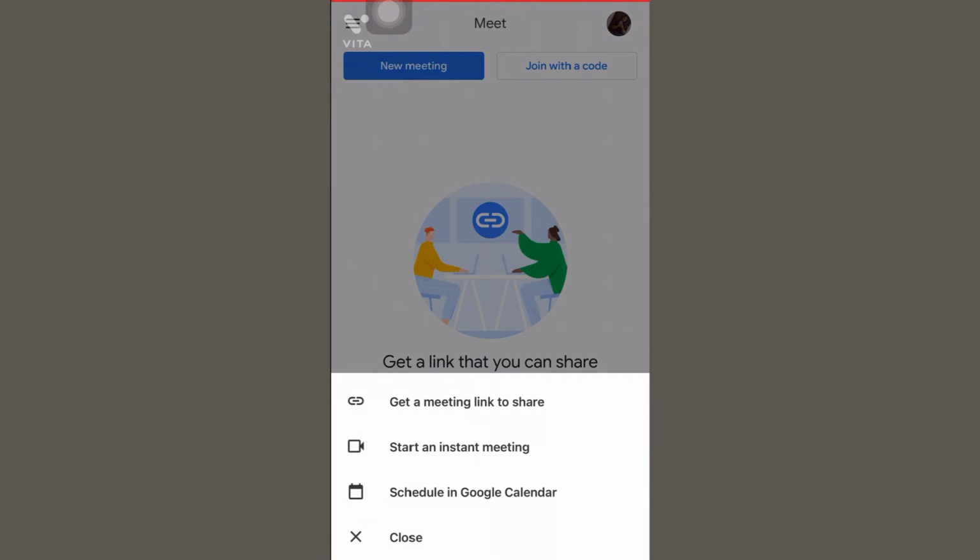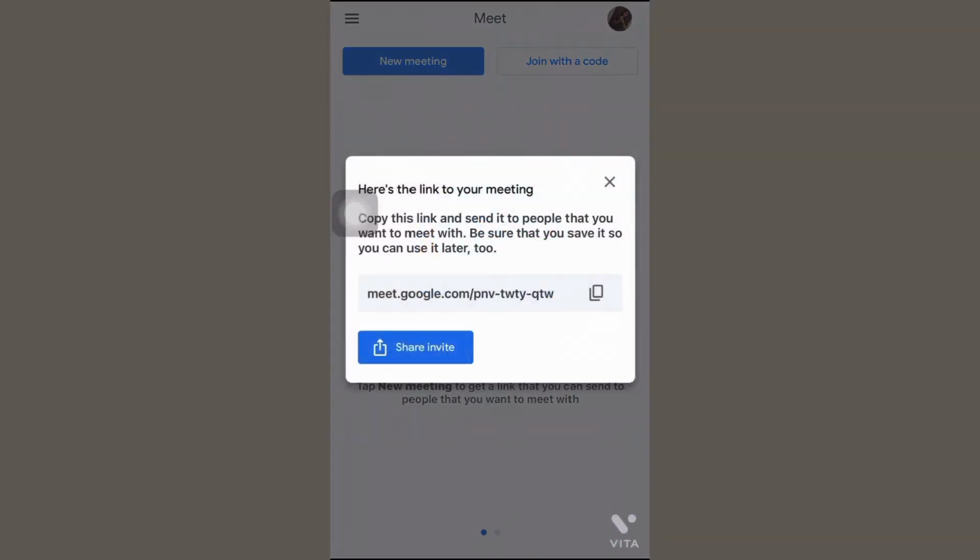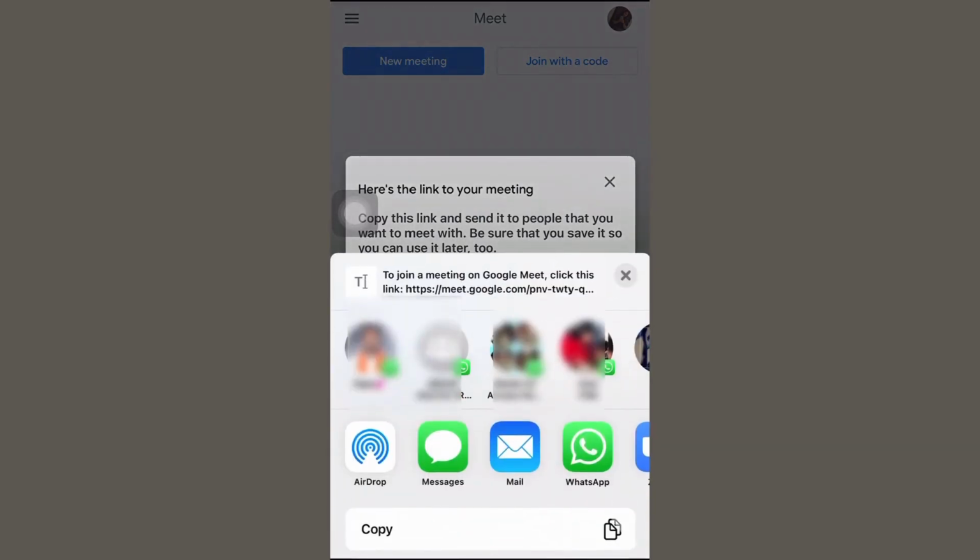In order to start a meeting, you can click on new meeting. Here we get 3 options: get a meeting link to share, start an instant meeting, and schedule in Google Calendar. On tapping get a meeting link to share, a pop-up window will arrive where you can copy the link and even share on different platforms such as WhatsApp, mail and messages.